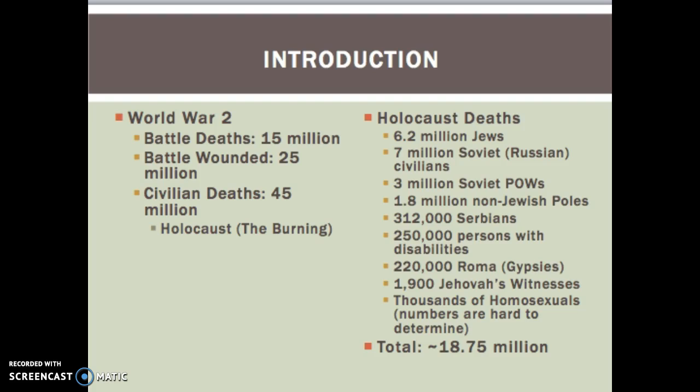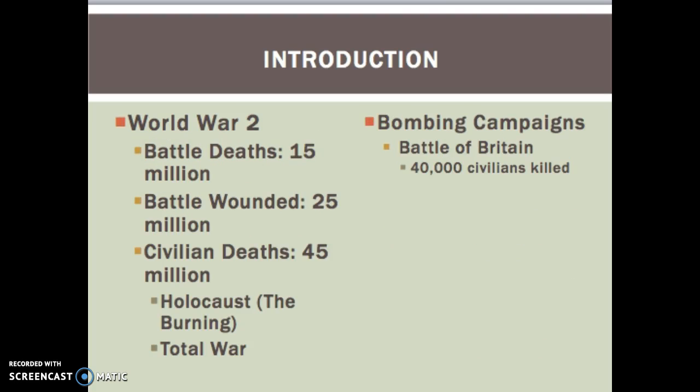These numbers will give you some idea of how many people died in the Holocaust in addition to the Jewish populations. Now you'll notice that not everyone here is Jewish. In fact, large numbers of Russians, Serbians, and other groups also died in this conflict. That's going to have something to do with Germany's racial theories and how they see certain peoples as inferior or superior to others. But anyway, let's continue on with this.